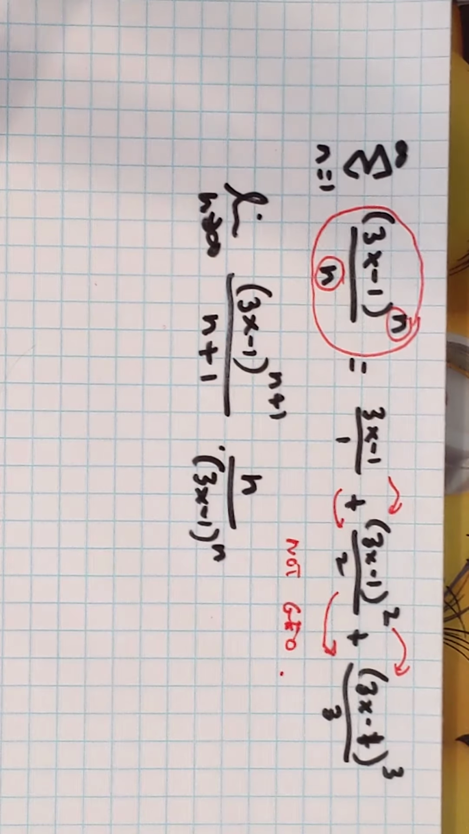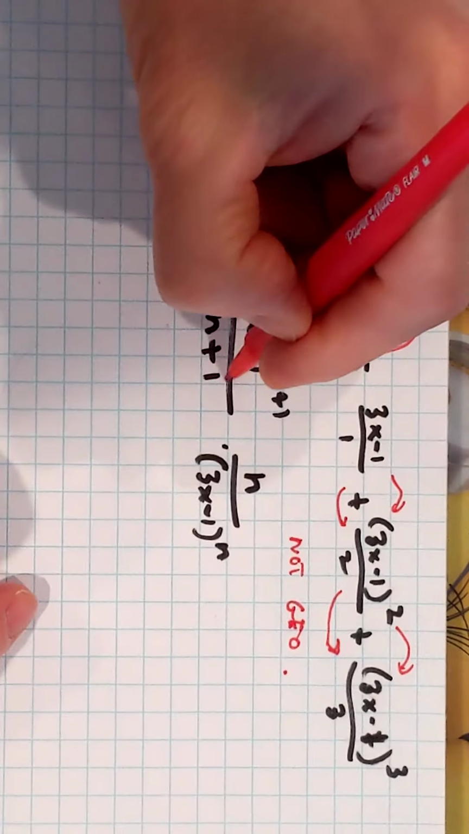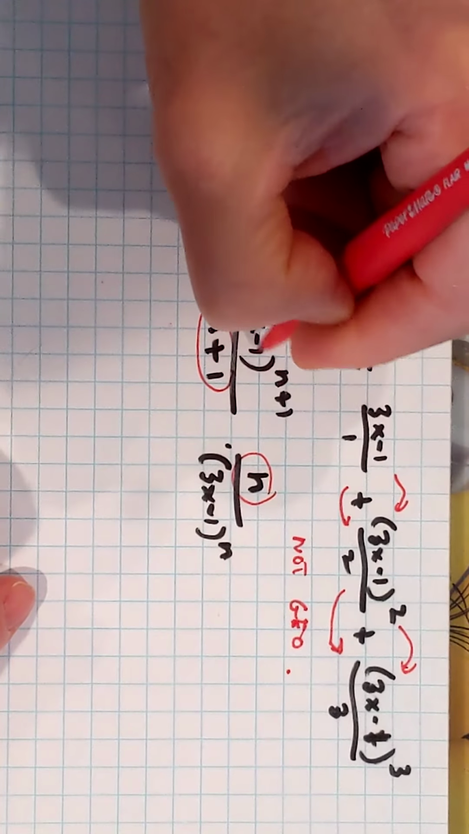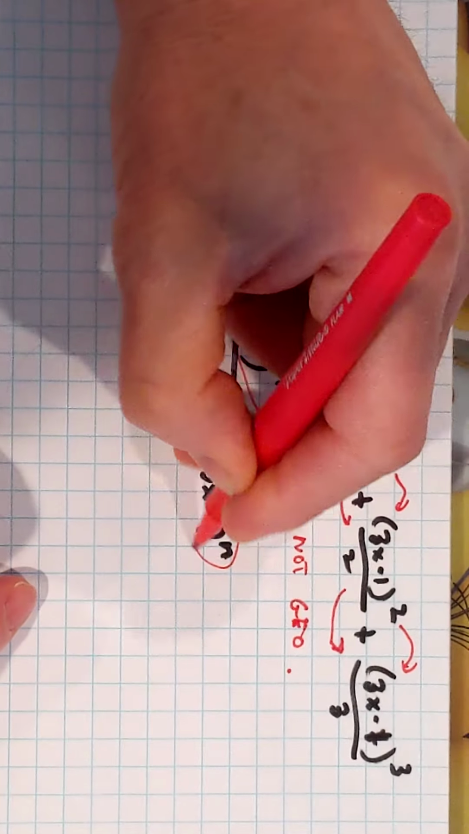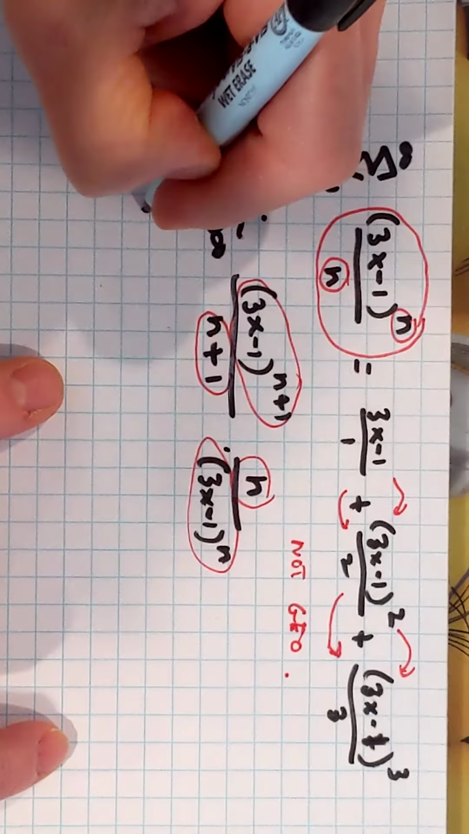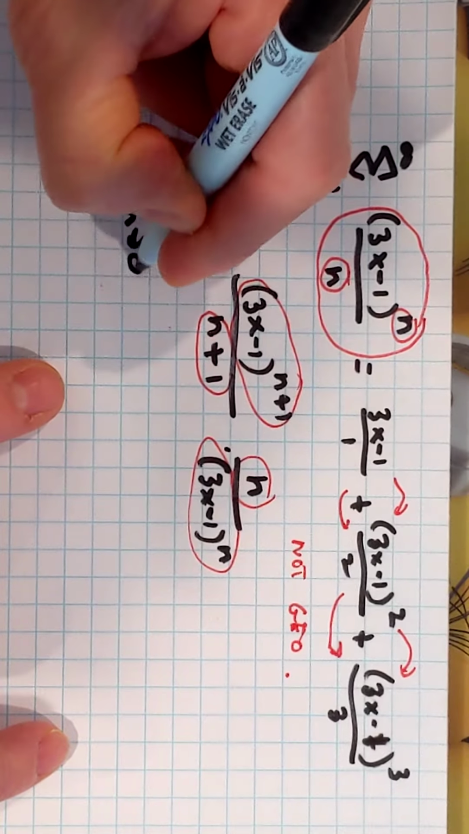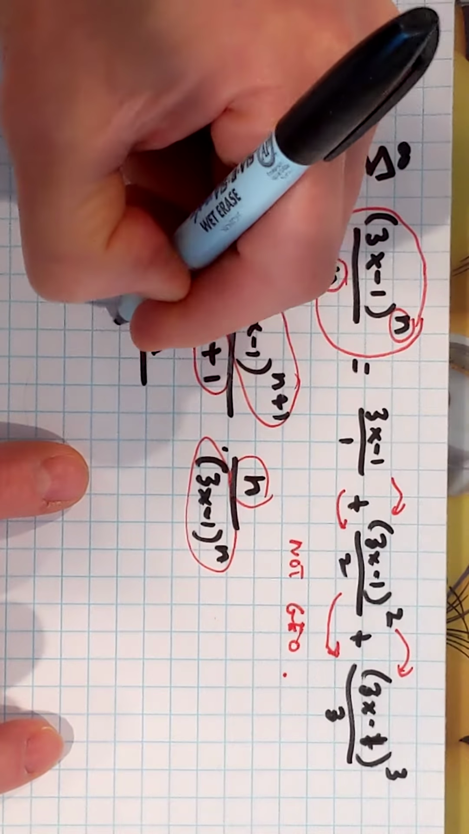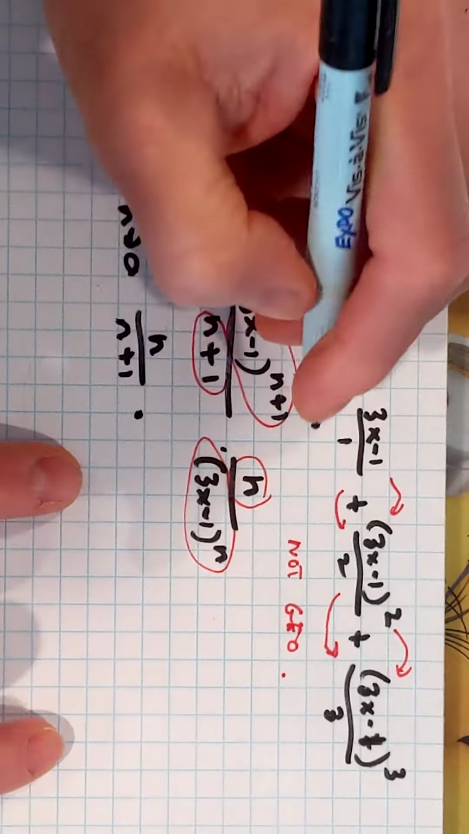Okay, now I'm going to start putting the pieces together. This piece and this piece correspond, and these two have the 3x minus 1 term. So I'm going to rewrite this so I can visualize it better and maybe reduce. So I've got n over n plus 1 times